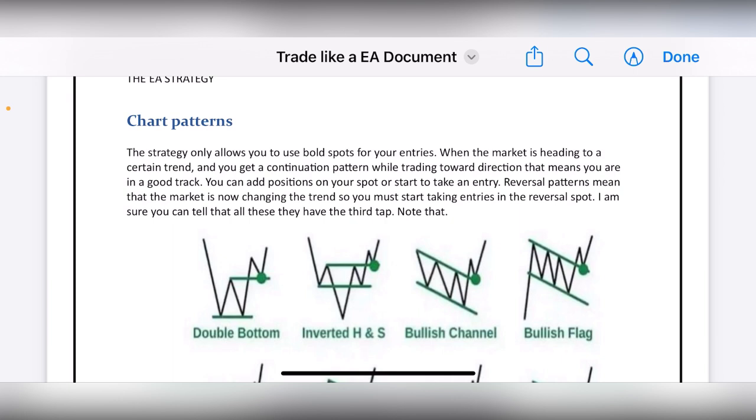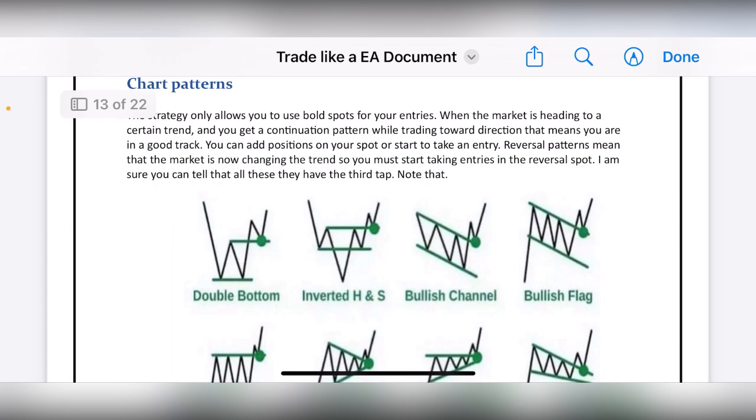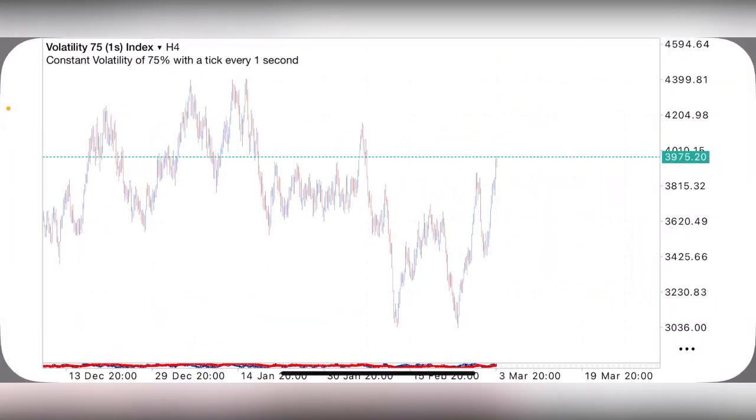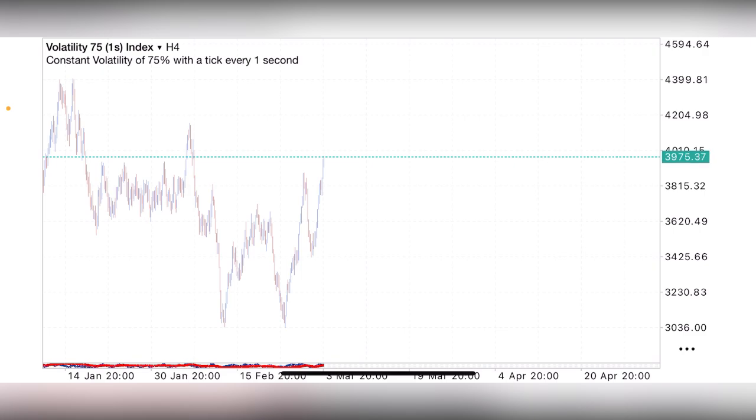When the market is heading in a certain trend and you get the continuation pattern while trading in the direction of the trend, that means you are on a good track. You can add positions on your spots and start to take entries. Reversal patterns mean that the market is changing direction. Okay, sharp, I'm not gonna read everything, but let me just show you the first